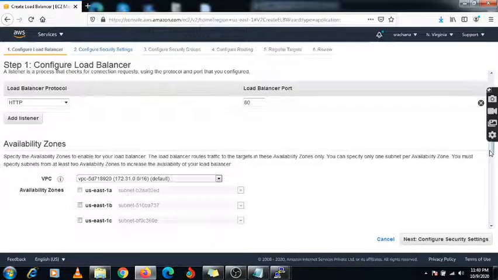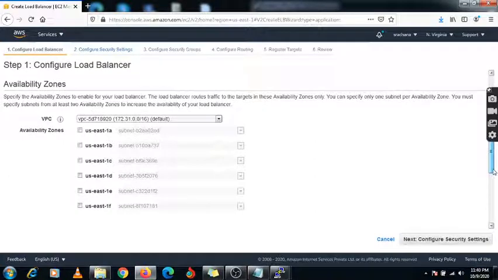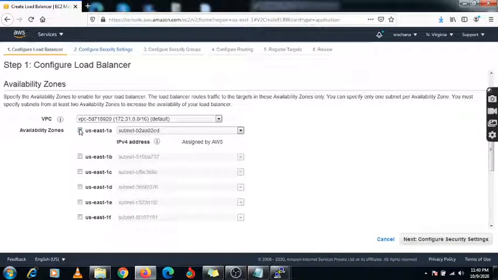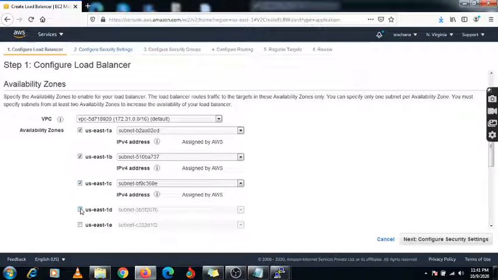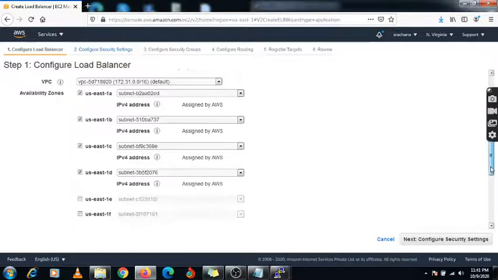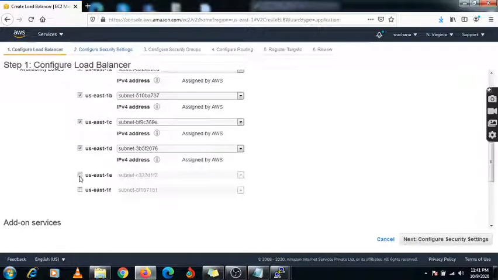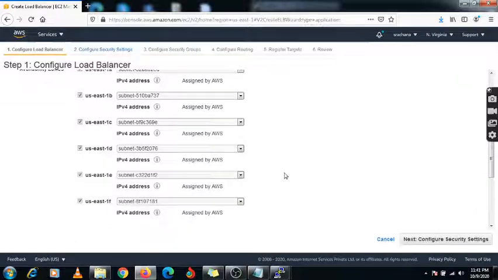Here is the option of availability zone, right? I have created all the Linux machines in availability zone 1A. Whatever EC2 instances are in the availability zone, it will directly detect. So I am selecting all the availability zones which are available.